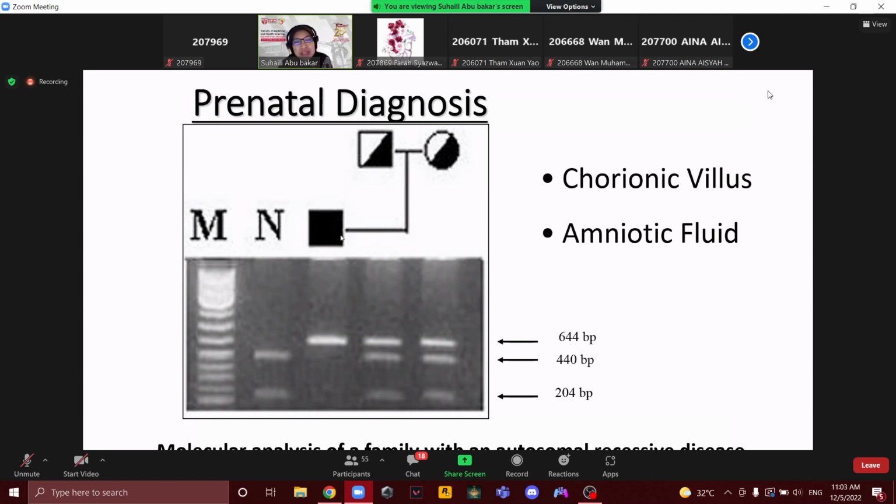But for example, Angelman, Prader-Willi, you cannot see really on the chromosome. So you do PCR, get the father DNA, mother DNA, and then amplify the region on the Angelman or Prader-Willi. Kat mana? Kat mana region you nak amplify? That's why